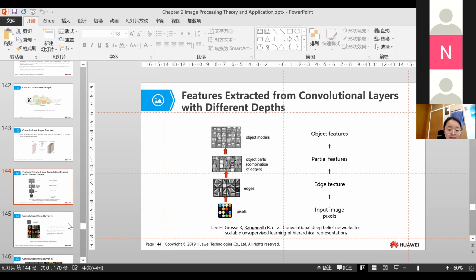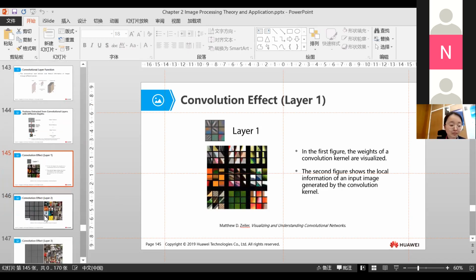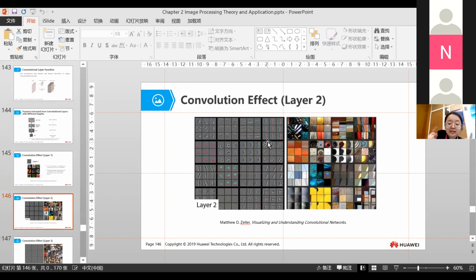So let's have a look at an example. That is the effect after the first convolutional layer, only straight lines. After the second convolution layer,